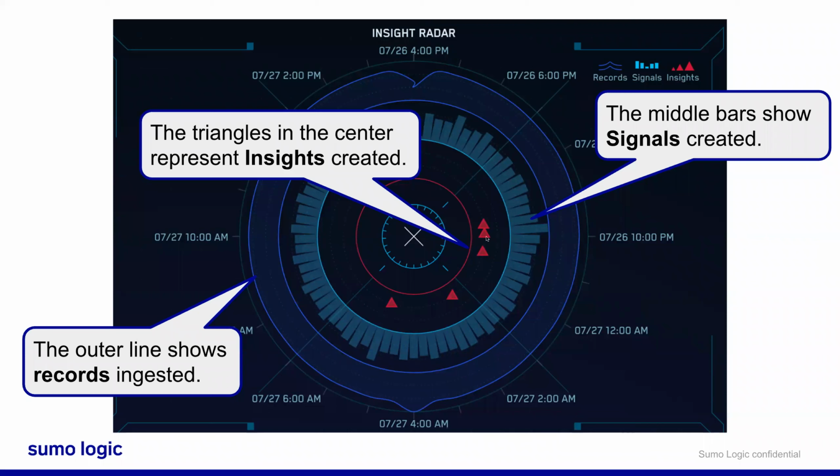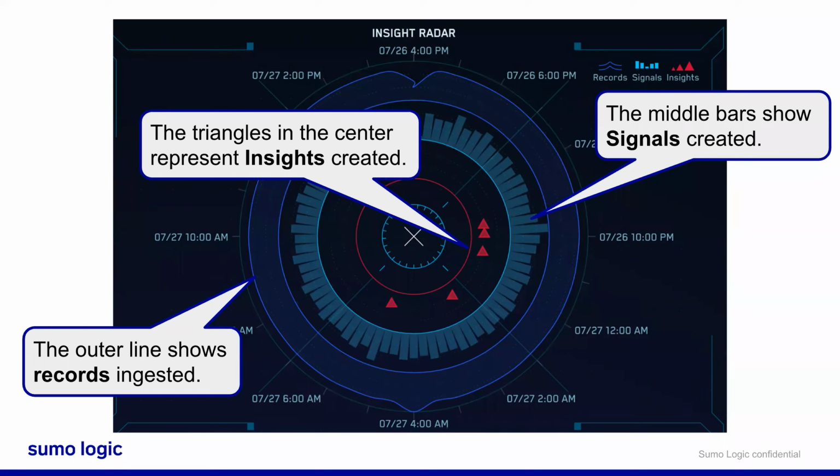But I wanted to describe this because this is the insight radar. Now, the entire data pipeline can be thought of as a funnel with your log messages going in on the top and the insights coming out the bottom. And so while you might ingest millions of logs, you're only going to get a few hundred signals and hopefully, or ideally, maybe a handful of insights. The insight radar, which is what I'm showing here, that's going to be in the Cloud SIEM UI, relies on this funnel shape from a top-down perspective. And as you go towards the center, there's going to be fewer items.